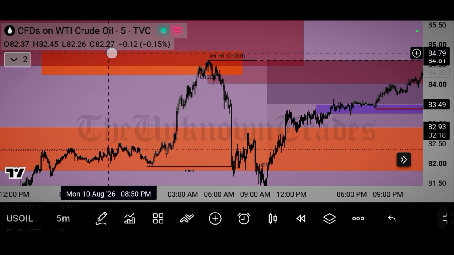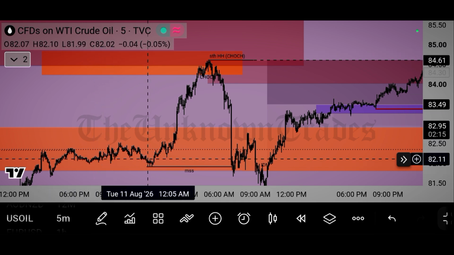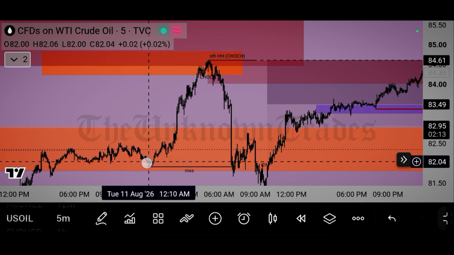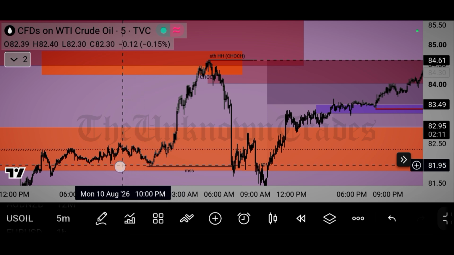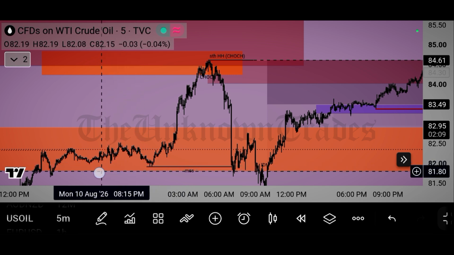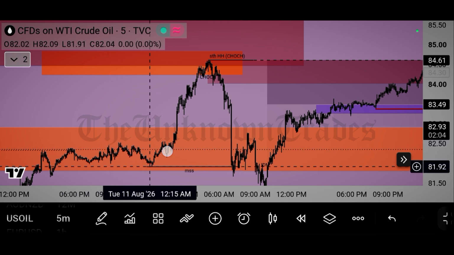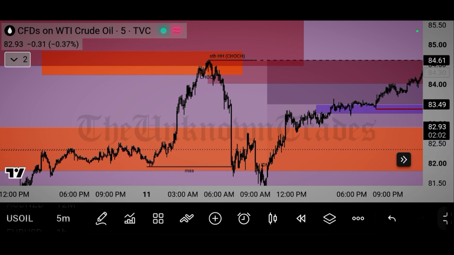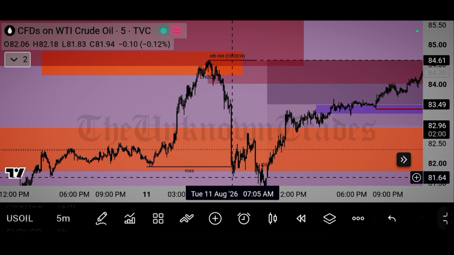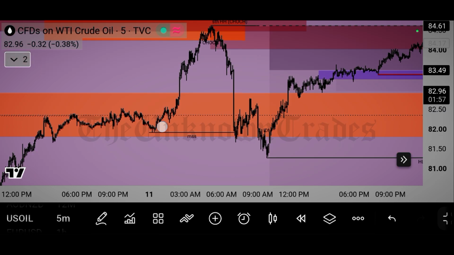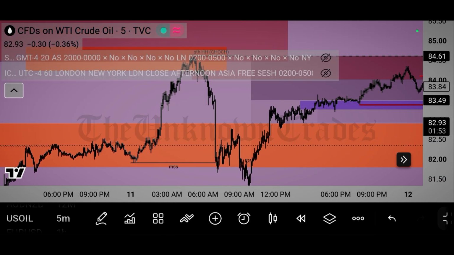In the upside, price opened in the Asian session at 8 a.m. at this level, and a little bit of consolidation here and then goes up, expands, and later it goes down and took this sell side liquidity, which is the initial market structure shift. And now I'm going to